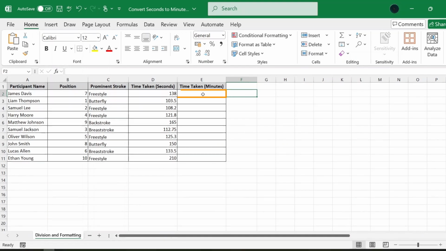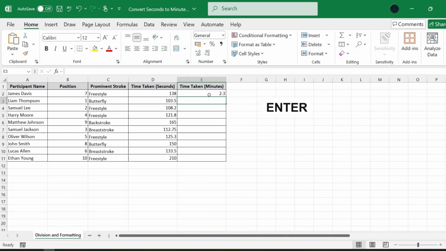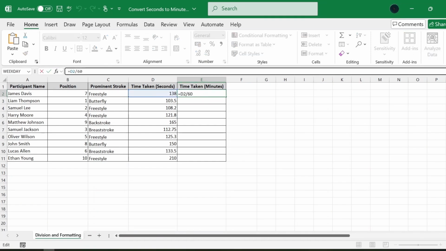In column E, or any column of your choice, type this formula: equals the seconds, which is cell D2, divided by 60. Dividing by 60 converts the seconds into minutes. Press enter, and this gives us a decimal result. Or, to format the results as standard minutes and seconds, which is MM:SS format, instead of a decimal, use this formula instead. Instead of 60, type